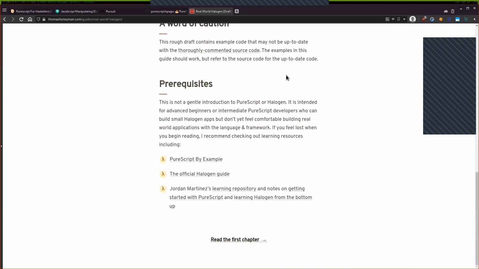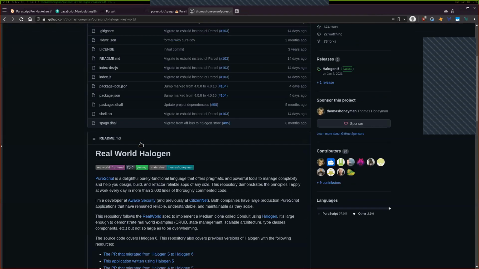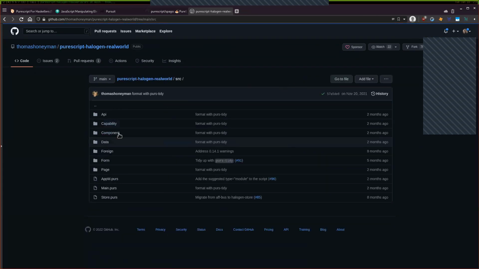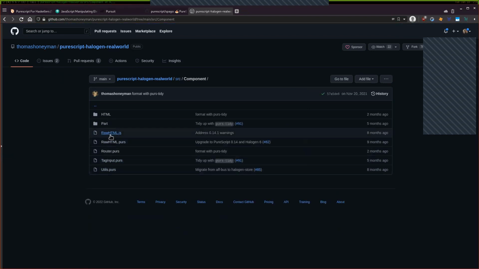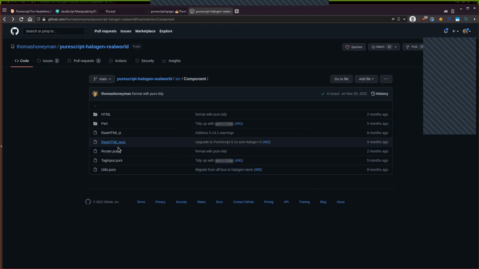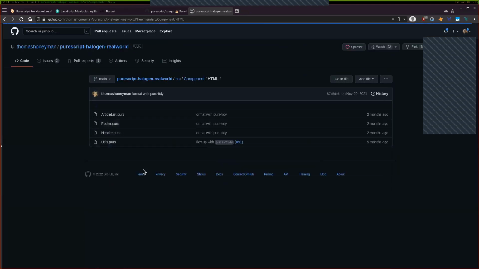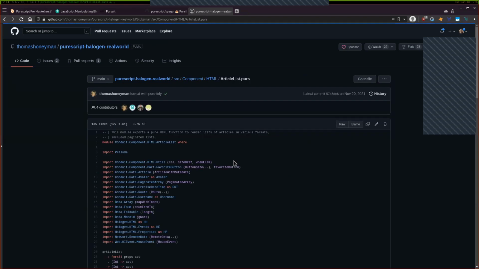And if I can find the GitHub, yeah, this is how I learned PureScript, and an awful lot about monad transformers, if I'm honest. So you can go right through the source. We can go through components, perhaps, and you can see pretty much every file has a ton of comments. There are almost as many lines of comments telling you what a function does as the actual functions themselves. Let's look at an article list.